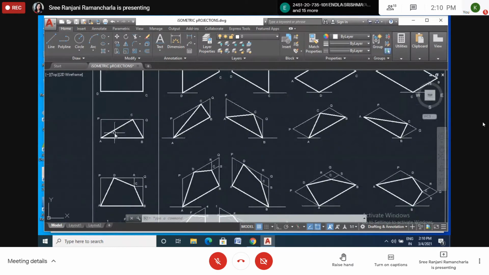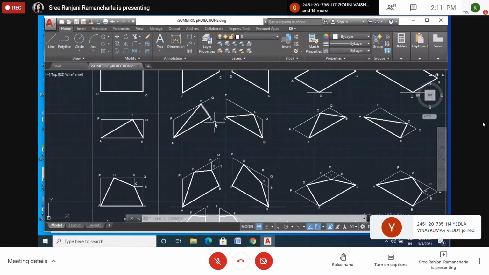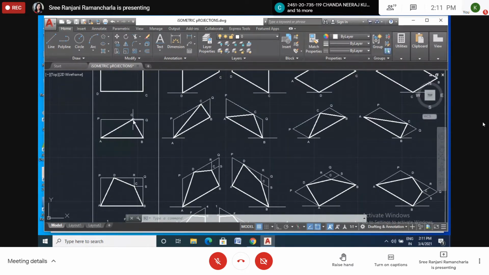So in a triangle also we have to construct a rectangle around the triangle, touching all corners and edges. We have to form one rectangle. Then, first we construct a rectangle, and within this we have to form a triangle shape. Like we have to find out this point, and we have to provide this point here. So this is the side faces, this is the top faces. Both ways we can do.